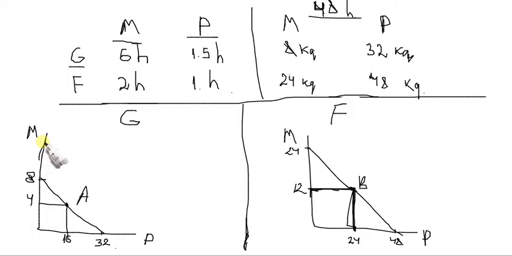But when they decide to trade, the gardener decides to not produce any meat but 32 kilograms of potatoes. He will be in this point, and the farmer decides to produce 18 kilograms of meat and 12 kilograms of potatoes. He will be in this point. We will denote this with D. And when they decide to trade,